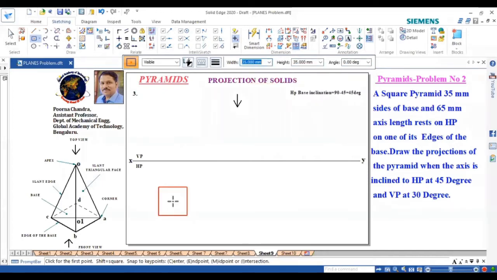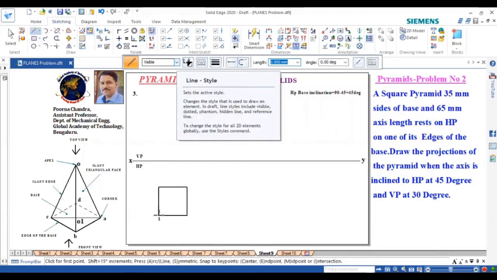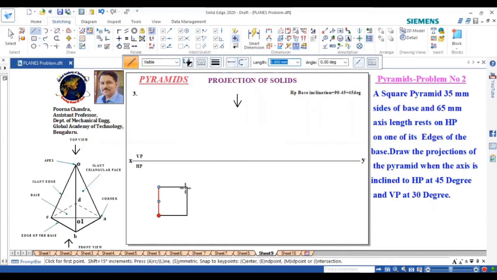So we can click the square pyramid. In the pyramid, we need to join this with visible lines. If you watch from the top, we are able to see all these slant edges, 1, 2, 3, 4. And the base is square. So we have drawn the square, right?